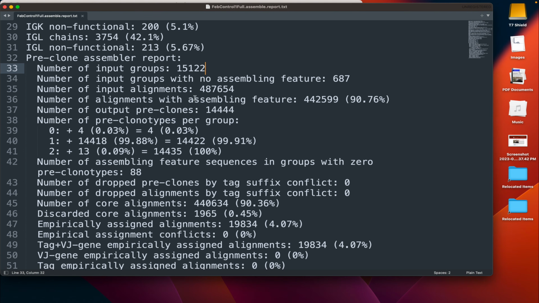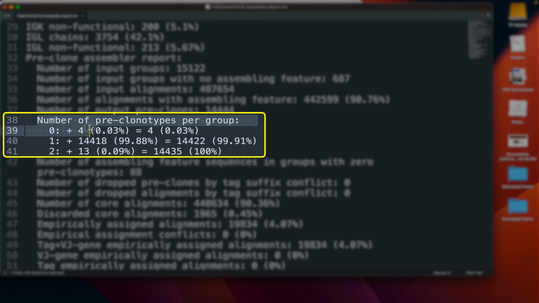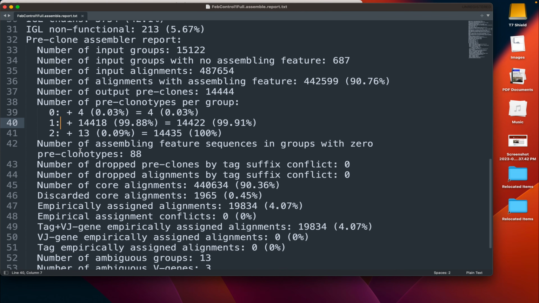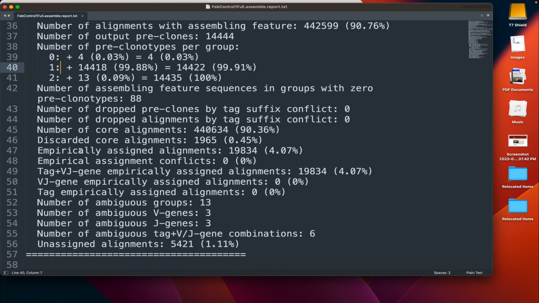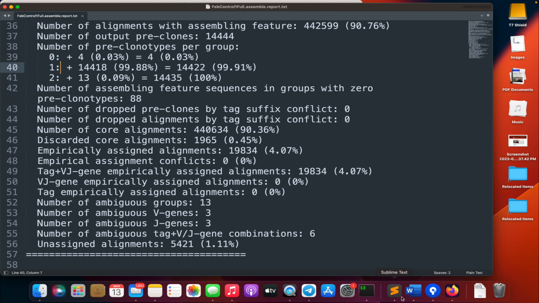And we're gonna go down here to line number 38. And here we see that for 99% of the UMIs, only 1 clone has been assembled, which is something we would expect. Now I'm gonna skip the last part of the report as it's a little bit more advanced, but you can always go into the